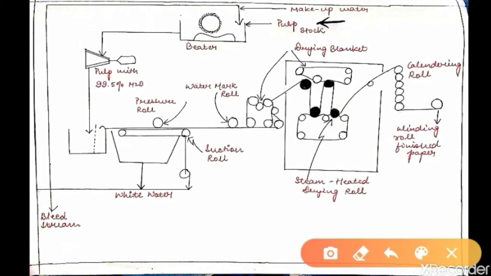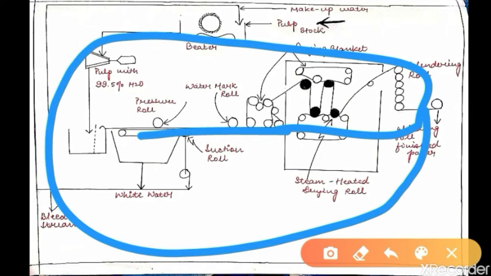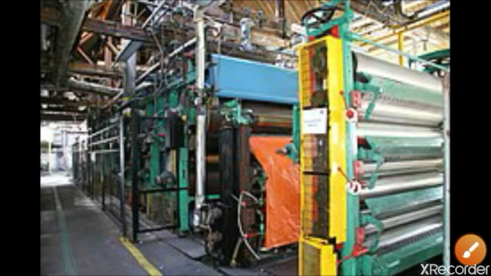See, for paper manufacturing, first of all, we need to prepare a suspension. A fiber suspension in water is prepared, and then it is fed to a machine where the fibers are matted and dried. Okay, and this is your machine. This whole process actually occurs in a single machine, and that machine is this, the Fourdrinier